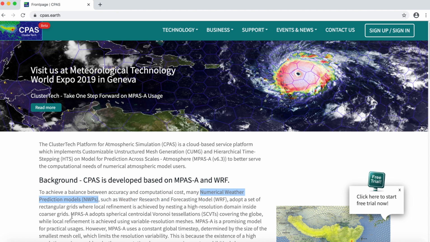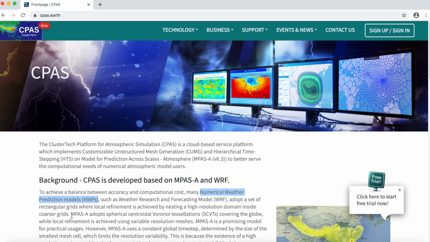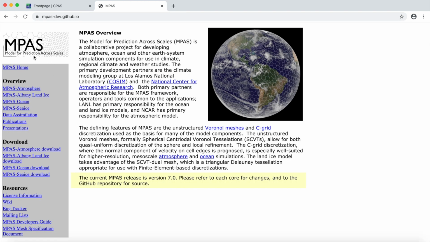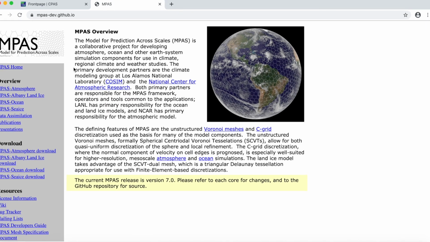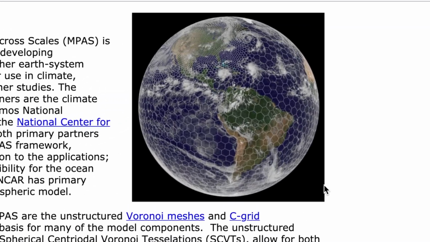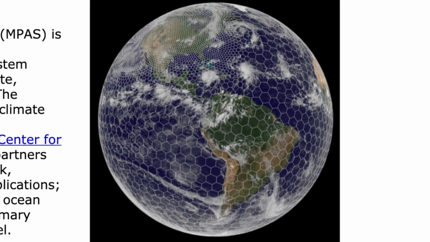The CPAS-A is an excellent global weather model provided by the United States. Let's see what CPAS-A is. This is the CPAS model. The Earth is divided into many cells, which are mostly hexagonal. In each cell, weather elements including temperature, air pressure, humidity, as well as wind speed and direction are kept as